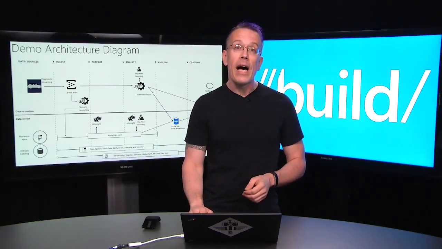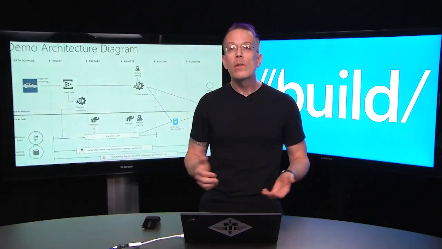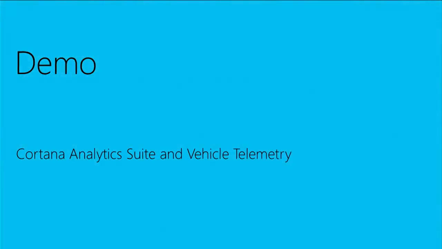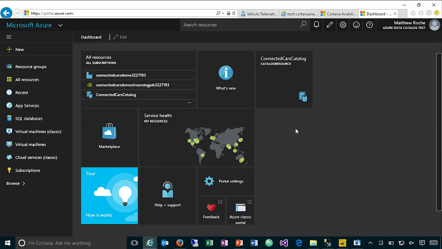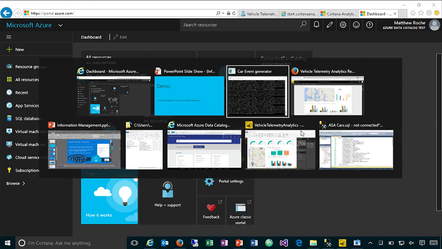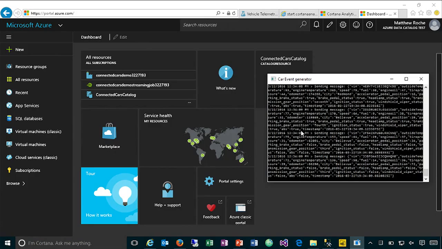So let's actually dive into the demo and take a look at some of the pieces that bring this together and how you can use them as part of the Cortana Analytics suite. Let's jump out of PowerPoint. We'll come over here into our Azure dashboard, and let me also point out that while this demo is going on,